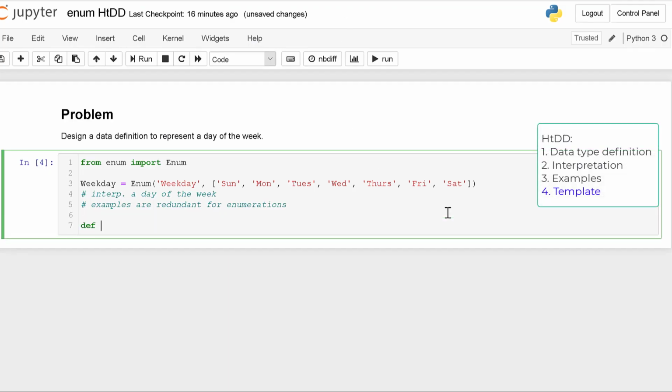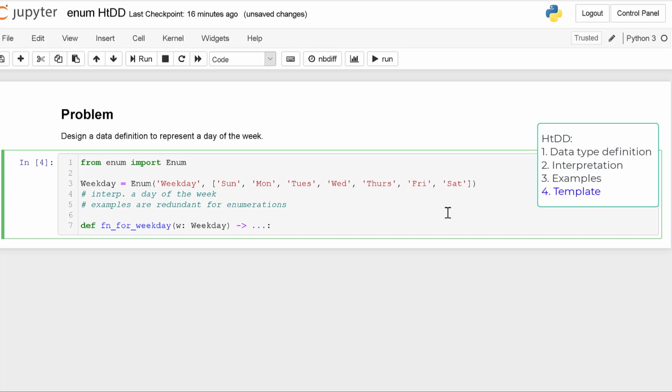As always, I'll start with the keyword def, and my template function name is fun4 and then the type name, so in this case fun for weekday. This is a template function for a 1 argument function, so I know I have 1 parameter. I'll call it w, and I know it's of type weekday. We cannot know what the return type is yet.